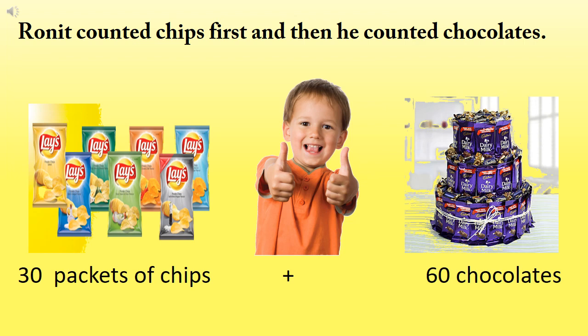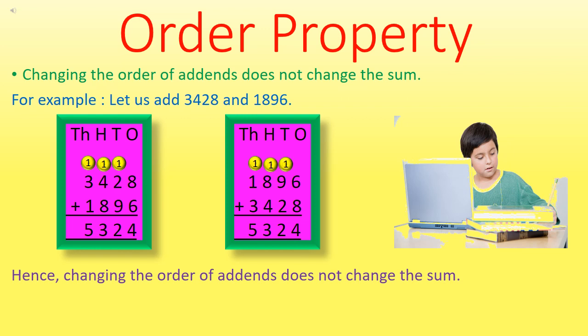So now you can see that either we do 60 plus 30 or we do 30 plus 60. Both ways we got the answer 90. So this explains the order property, which tells that changing the order of addends does not change the sum, which means